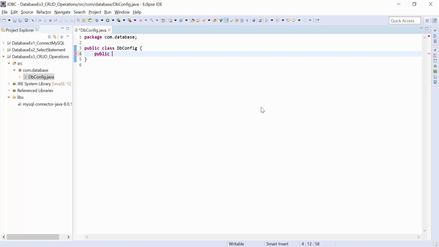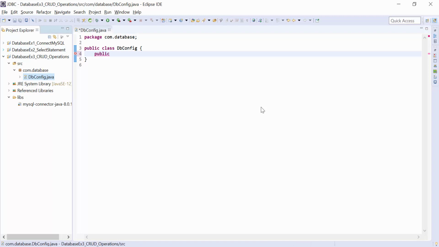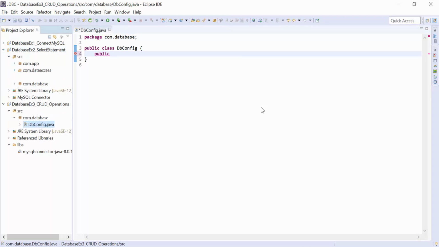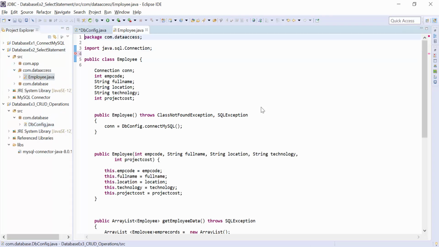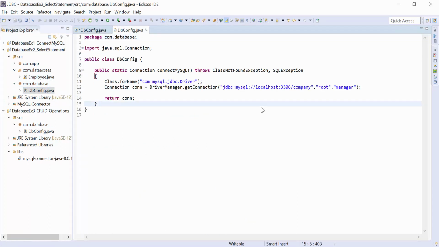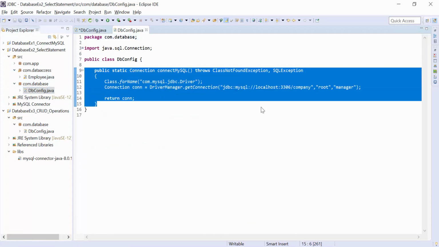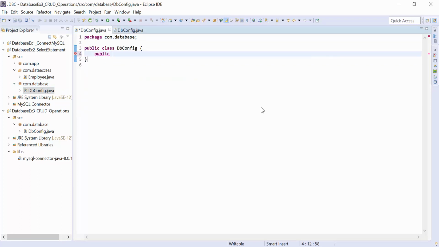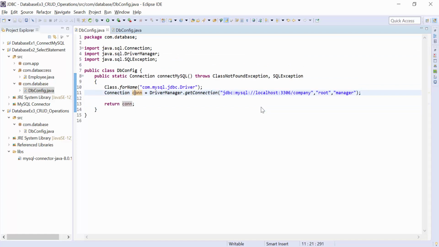In an earlier project we already discussed how to perform a database connection. So from there I copy the database connection part. So this is the code. Like this you can perform a database connection.